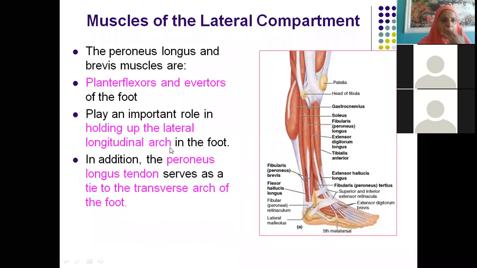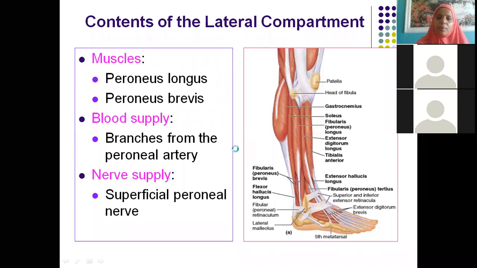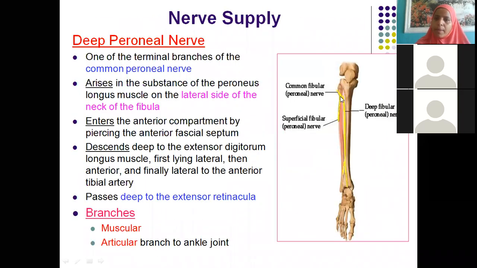So now the peroneus longus and brevis muscles. This peroneal nerve again divides into superficial and deep, or are we calling peroneal only as superficial? Okay, common peroneal nerve is dividing into superficial and deep, beta. You told, common peroneal nerve is the terminal division of sciatic nerve, right? Sciatic nerve, yes, ma'am. That fellow is only continuing its journey like this. At the neck of the fibula, it has divided into superficial and deep.